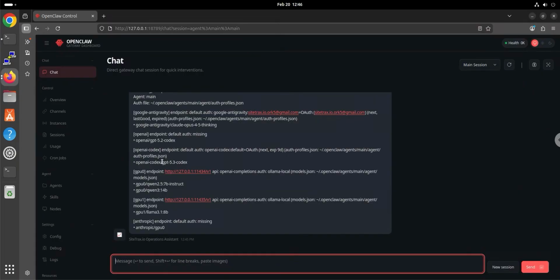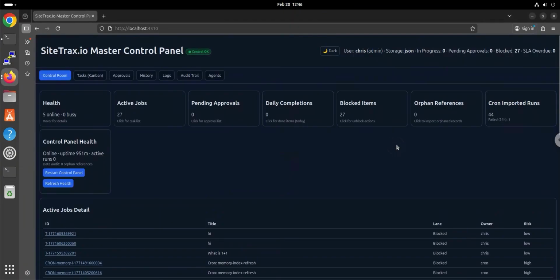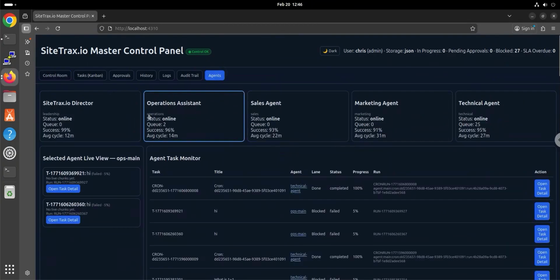Well, what did it build? We were able to build, in a very complicated manner, in about 36 hours this particular environment. And this is what we're just calling the sitetracks.io master control panel, which is a control room to manage a whole bunch of agents, which we can select here. The concept is to have a master director